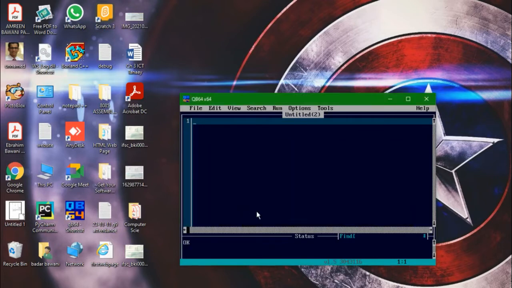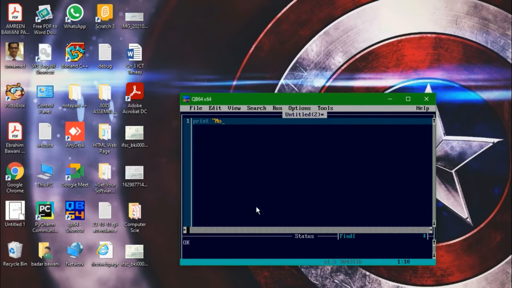I will say OK. My first program, which I will type here, is print, and then I give a space. In this program I will write my name.